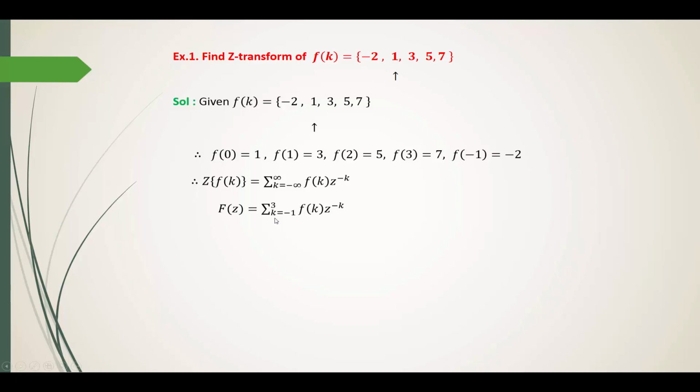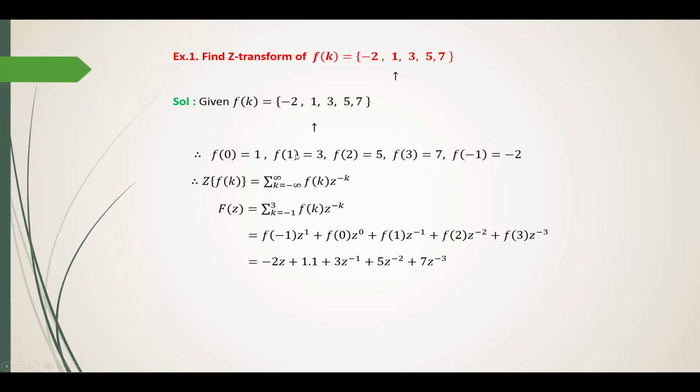Now put the values of k from minus 1 to 3 is equal to, first k is minus 1, so equal to f(-1), z raised to minus of minus is z raised to plus 1. Put k is 0, so f(0), z raised to 0. Put k is 1, f(1), z raised to minus 1. Put k is 2, f(2), z raised to minus 2. Put k is 3, f(3), z raised to minus 3,